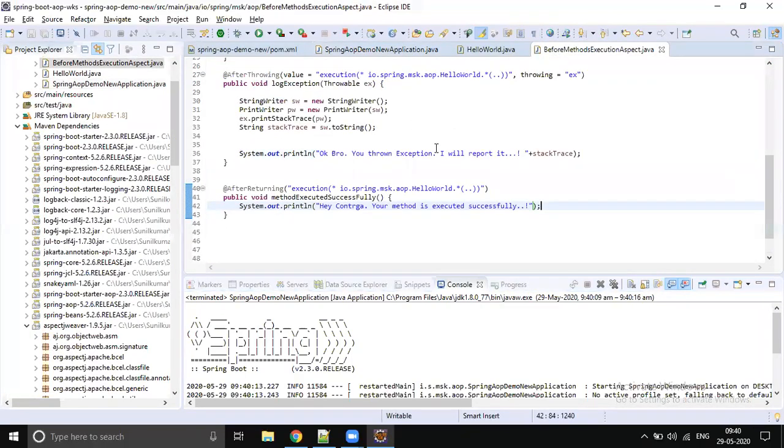So if you would like to get some idea of what is returned, if you would like to have control on the return type, that is possible.